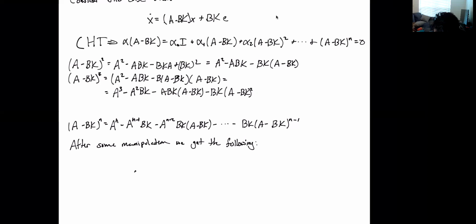We get that alpha of A minus BK, the characteristic equation, is equal to the characteristic equation of A times the controllability matrix times this matrix J, and which is equal to 0,